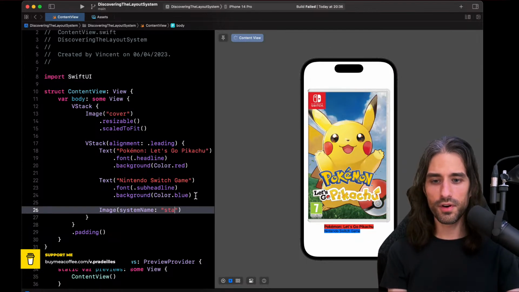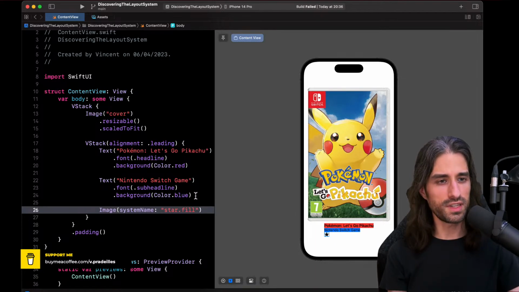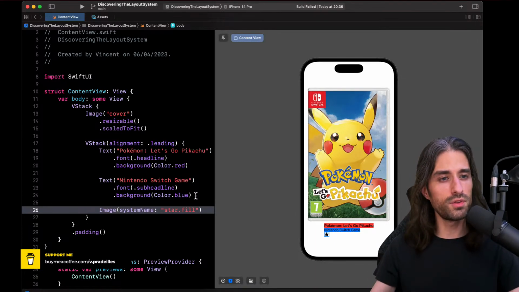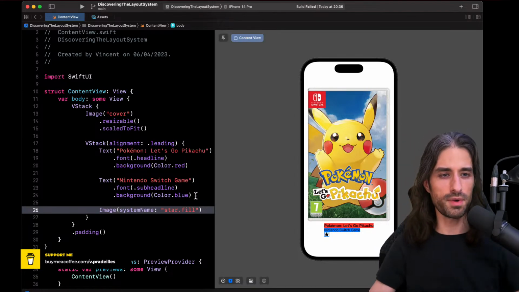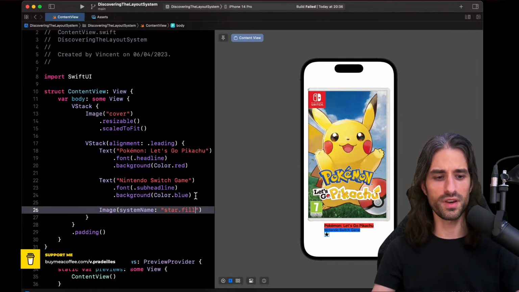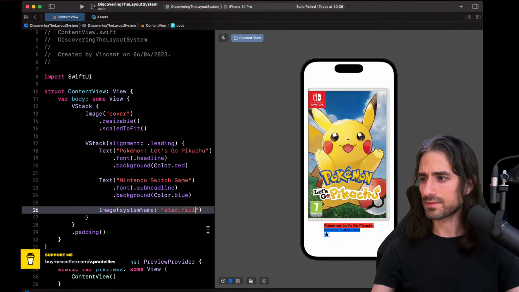And so for a star that is filled out, it's star.fill. If you want to find out the name of SF symbol, you can download the SF symbol app, which is available on Apple's website. You just type SF symbol macOS app on Google, and you should find it. This is where I found out what was the name, so we can see the star has been displayed.